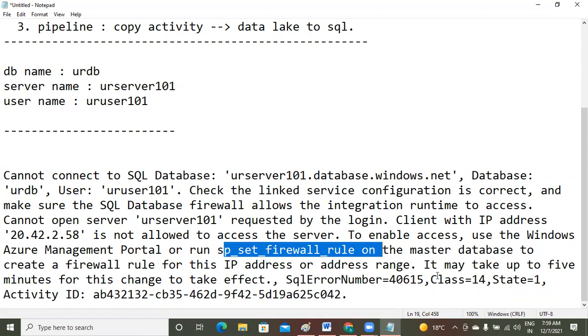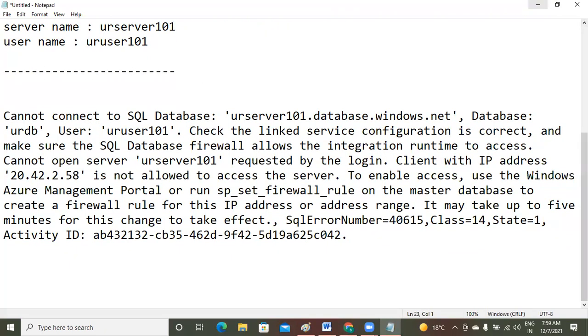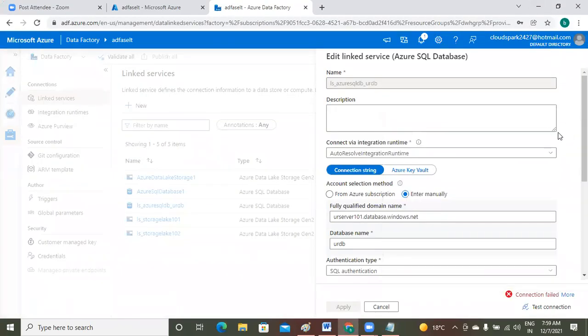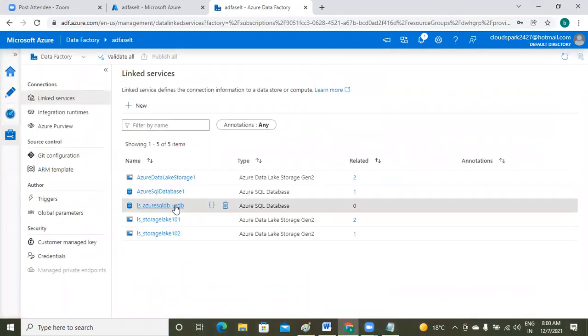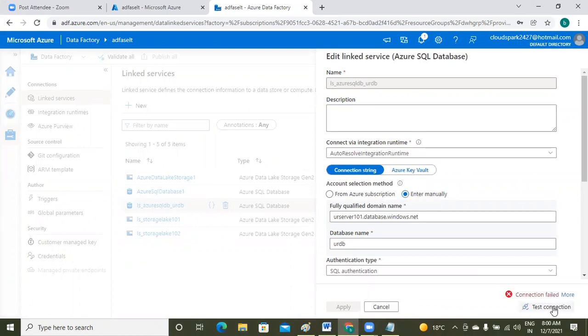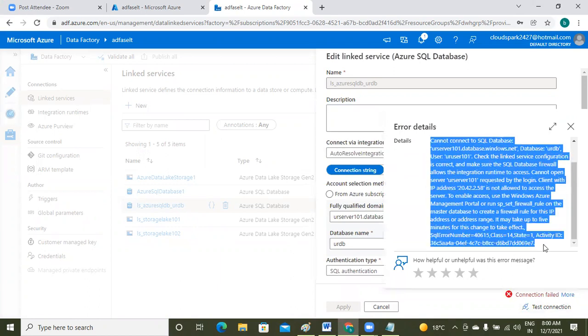Okay. 1 minute, sir. One more trial I want to do. Come back to here. Once again I am opening and testing the connection. Open the same error message. I want to confirm whether the IP address is static or dynamic.